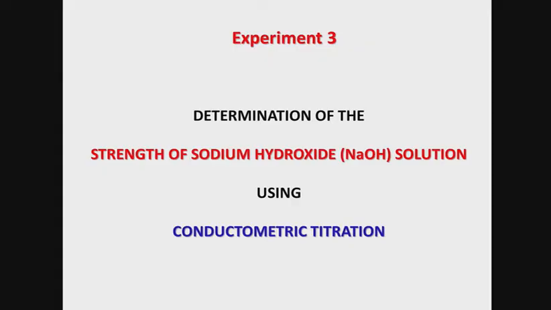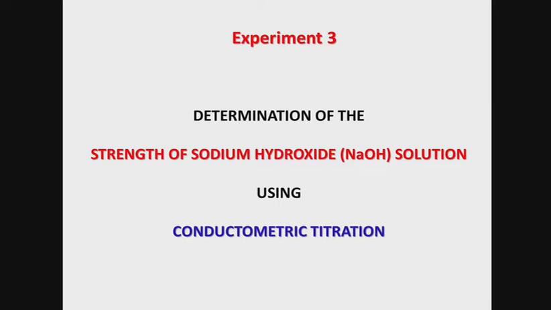This is experiment number 3, and the title of the experiment is Determination of the strength of sodium hydroxide solution using conductometric titration. Whenever you are doing a titration experiment, you know that the basic aim is to find out the unknown strength of a given acid or alkali solution. In this particular case, we have with us a sodium hydroxide solution whose strength needs to be determined,